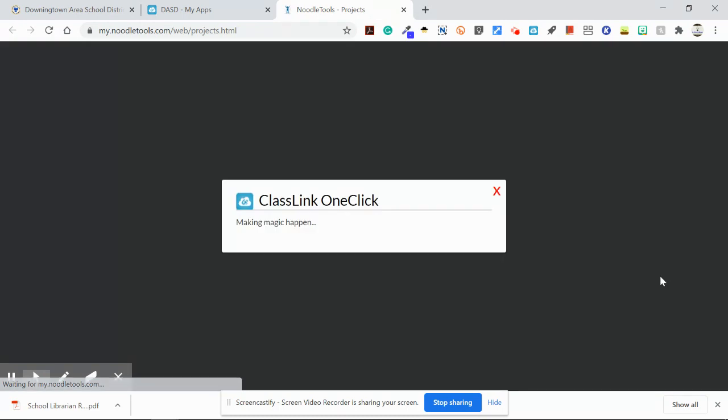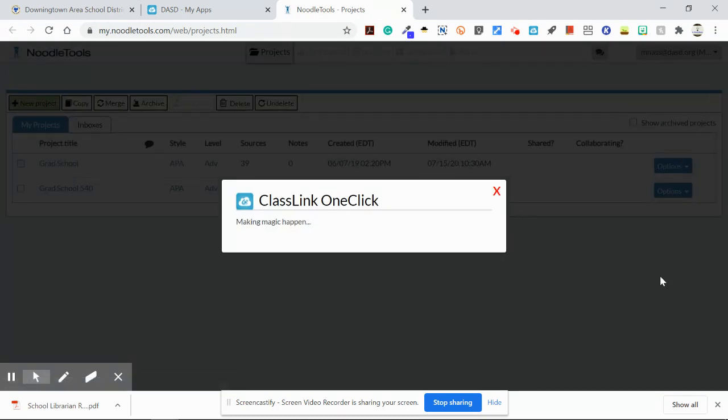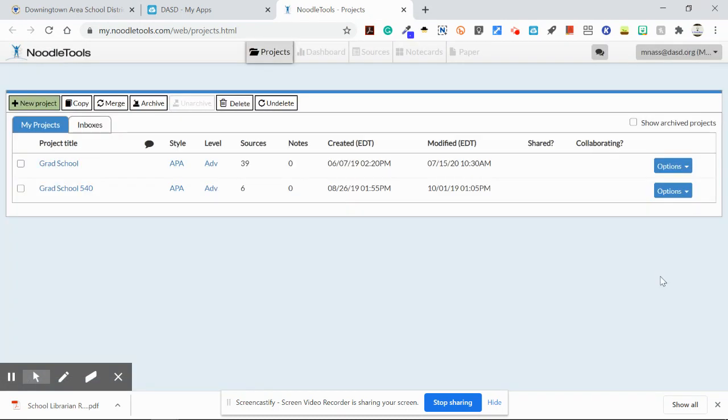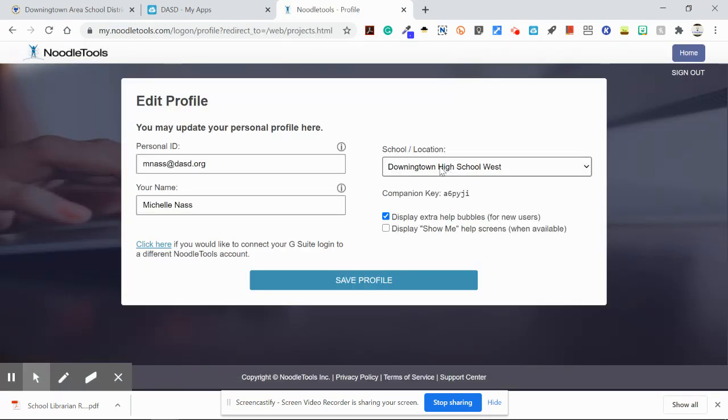Mine's going to go right in because I've done this a couple times, but yours might take you to a login screen. And if it does that, you're going to click on Sign In with Google and move forward from there. The first thing I want you to check while you're here is your name. Click up on your name and then go to My Profile and make sure that your school location is the